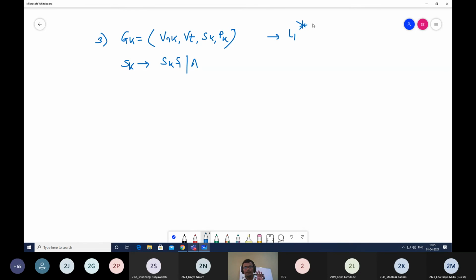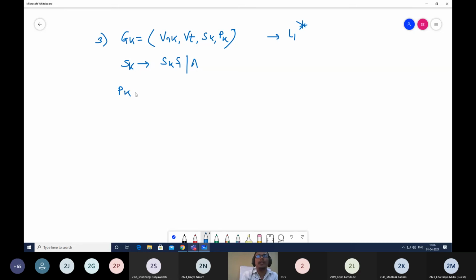Are you getting this? Again I repeat, when I want that string 0 number of times, directly SK gives null. When I want that string once, SK gives SK S1 the first time, then SK gives null, so the string will be generated once. When I want it twice, SK gives SK S1, again SK gives SK S1, then SK gives null. So S1 will come 2 times, so I'll get 2 occurrences. Are you getting this? So now what will be our production rule PK?